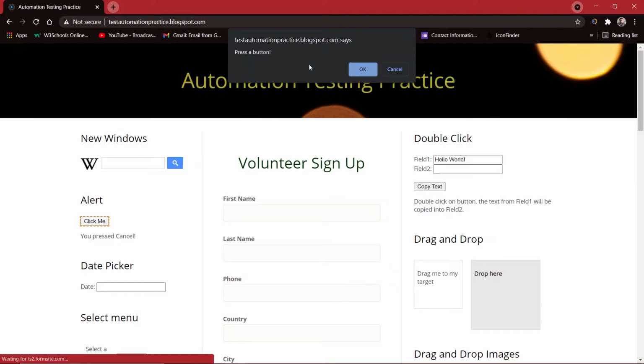So now you need to know that you cannot inspect this alert window because it's a part of the browser. It's not the part of the website. By pressing onto this button, the website will invoke the alert window which is the part of a Chrome. So basically an alert window is a part of a browser. That is why you cannot just right click onto it and inspect any of these buttons. So now how to click onto this OK or cancel button, let's see.